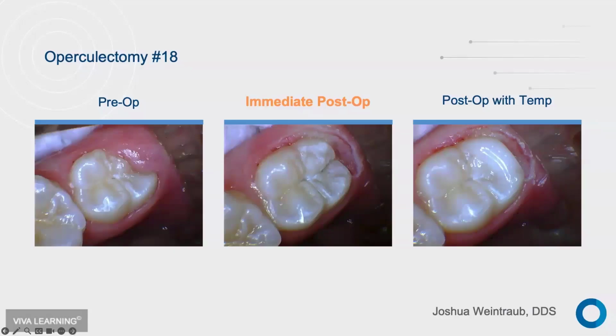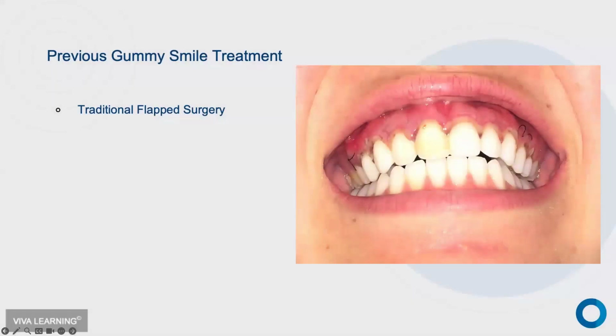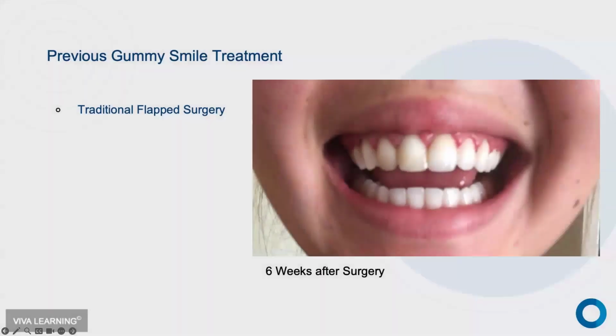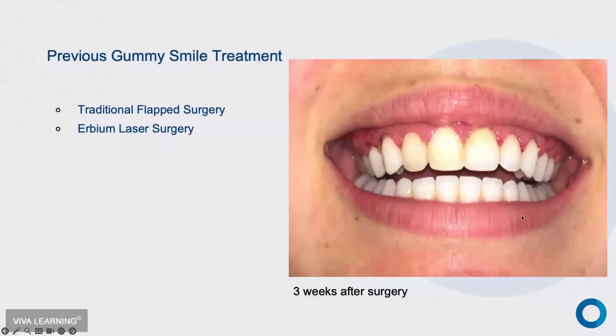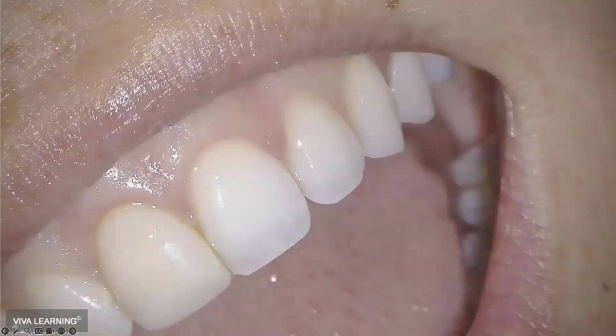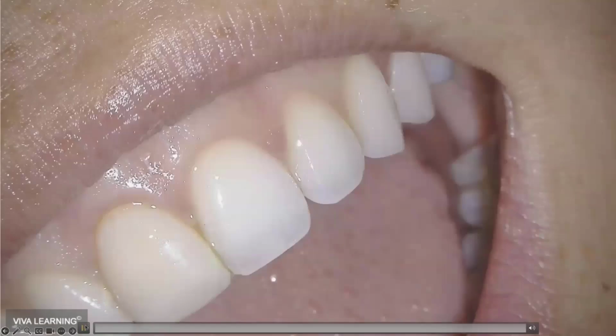So I wanted to show you one case really quick of a gummy smile. Again, I want to be sensitive to the time. I appreciate all of you being here. Gummy smile, this is kind of traditional flap surgery. This is 6 weeks after surgery. This still looks terrible. She, years later, had it done with erbium laser. This is 3 weeks after surgery, still looking terrible. And so she comes back, and we're going to do this